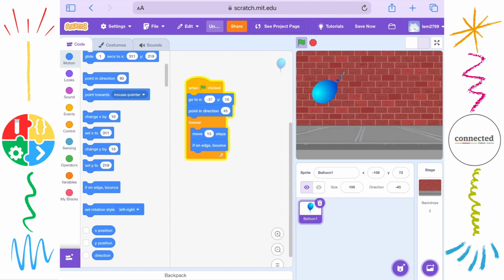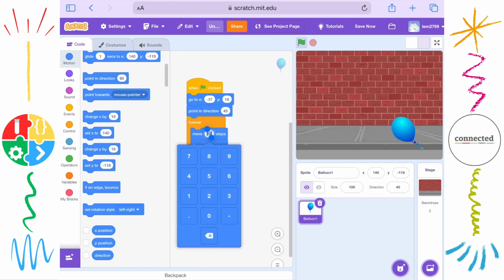So it's working quite well. It's appeared where I wanted it to appear. It's then going in the right direction, and then when it moves, it's going to bounce and come back. Now, at the moment, I think the speed's quite good. I don't think it's moving too slowly, but if you did want to change that, you could change the number of steps. So I could change this to 1